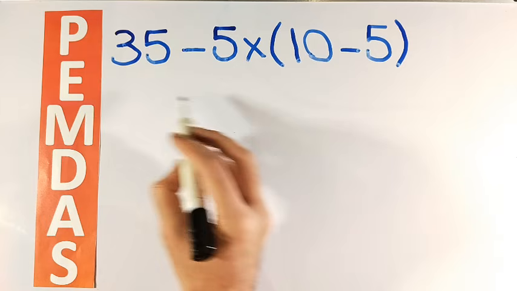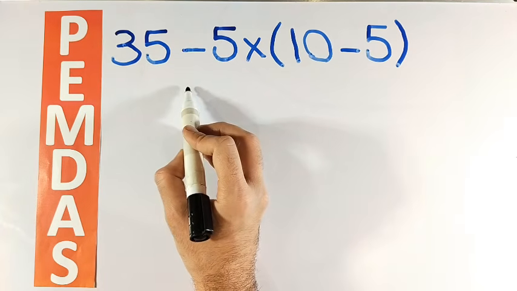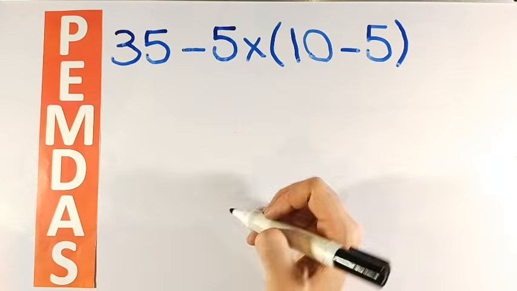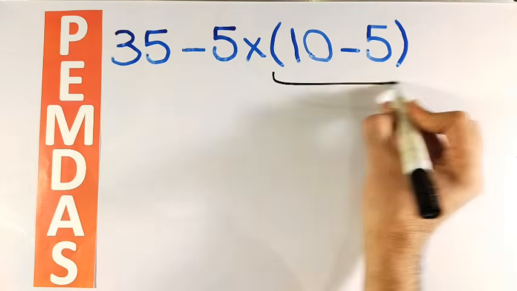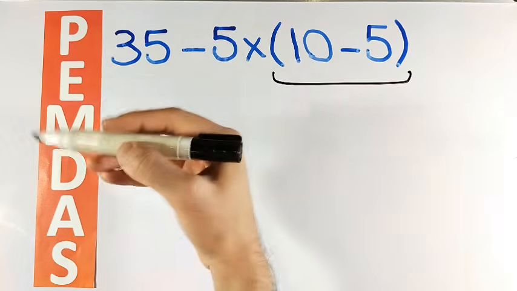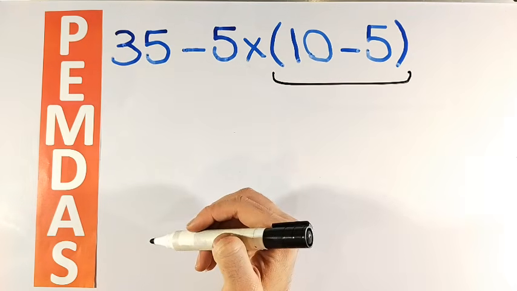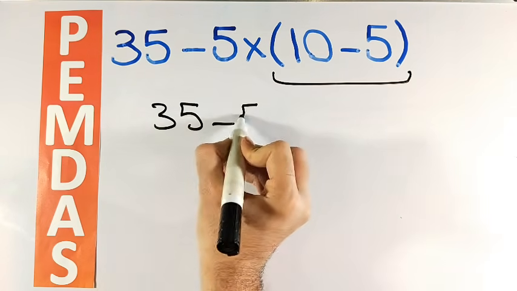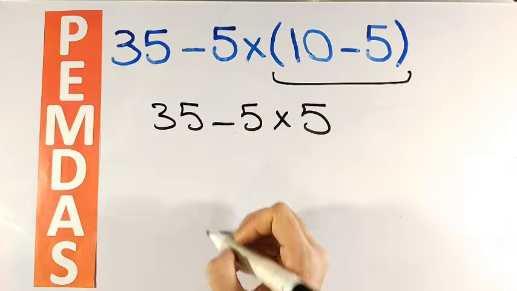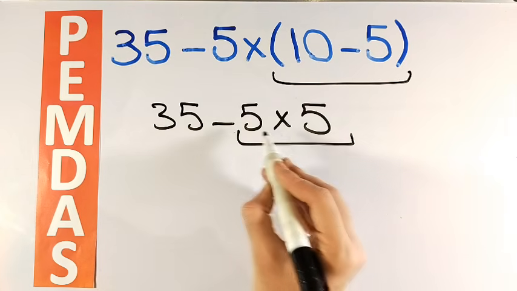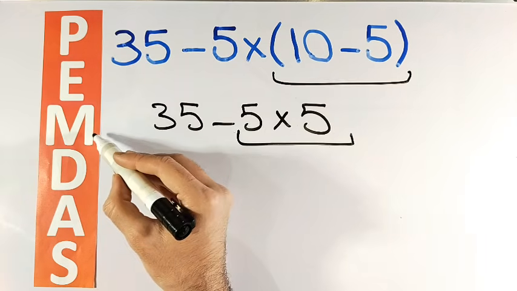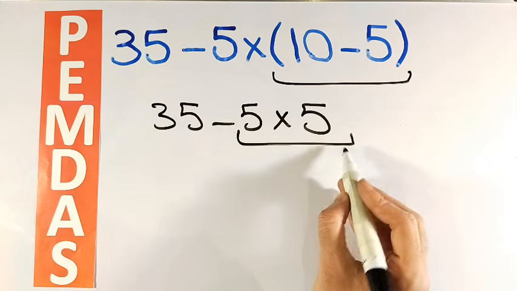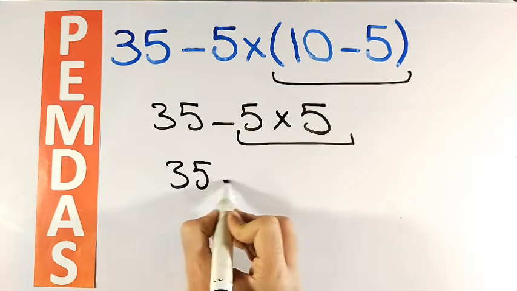As you can see on the screen, in this expression, first we have a subtraction sign, then a multiplication sign, and finally parentheses. According to the PEMDAS rule, first we go for the parentheses, because parentheses have a higher priority than the other operations. So, instead of this expression, we can write 35 minus 5 multiplied by 5. And the next step, we go for the multiplication between 5 and 5, because multiplication has a higher priority than subtraction. So, instead of this expression, we can write 35 minus 25,